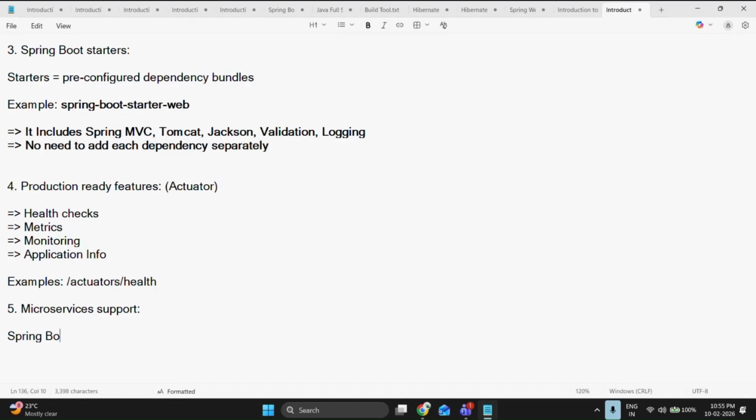Spring Boot is lightweight, with faster setup, or I can say faster startup, and it is easy to deploy and cloud friendly also. It is ideal for